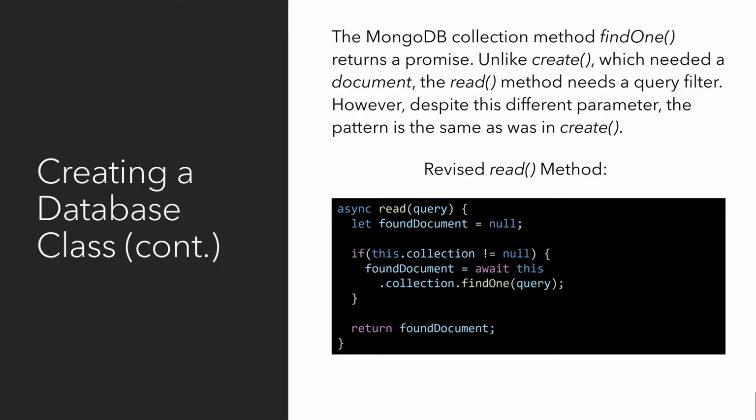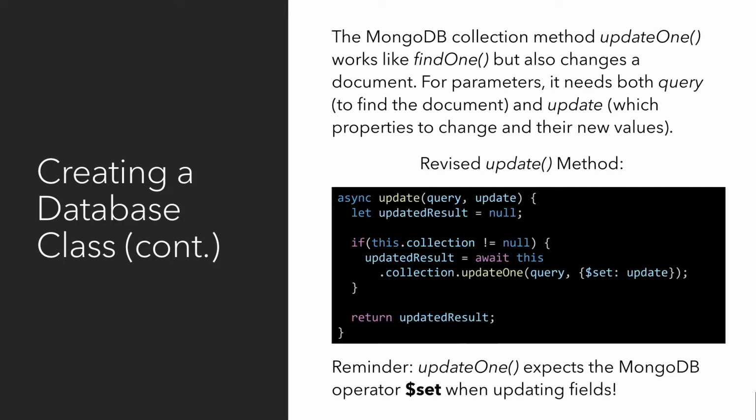This will be very similar to the next letter in turn. So create, read, and now update. The Mongo collection method update1 works like find1, but it also changes a document, so it needs two parameters. It needs both a query, how to find the document, and an update, which properties and which new values